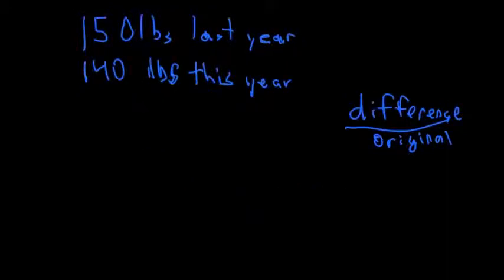Alright, so let's say last year I weighed 150 pounds at the start of the school year. And this school year, I started the school year at 140 pounds. So what is my percent of change? So again, we're going to subtract. 150 minus 140 is going to give us 10 over 150. So now we're going to divide. 10 divided by 150 is going to give me